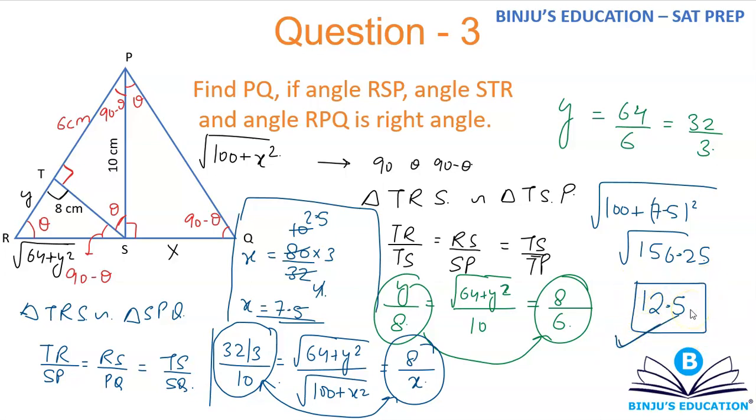So the point is, first we were required to calculate y, then x, and then the final value, which is PQ. This was pretty long, so I would suggest you try this question again so that you understand the concept very well. These three questions are more than sufficient for you to realize how to use the concepts of similarity of triangles in questions.